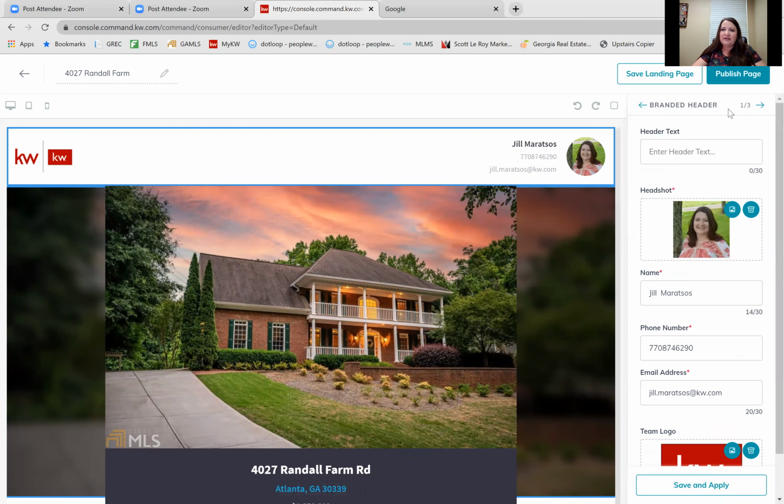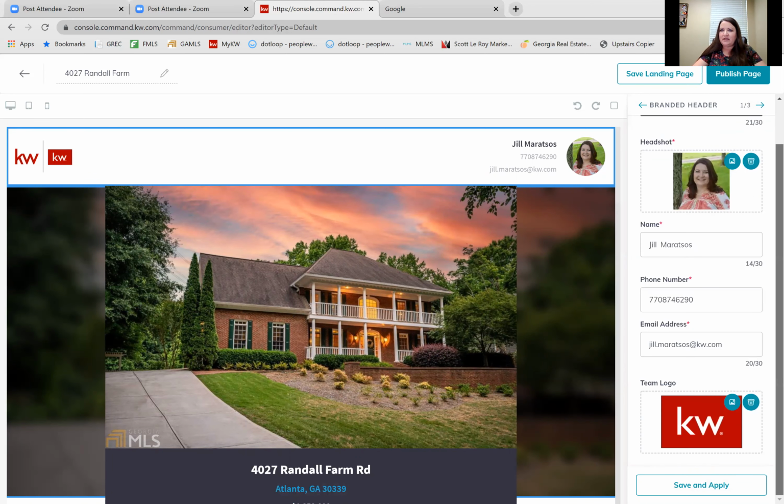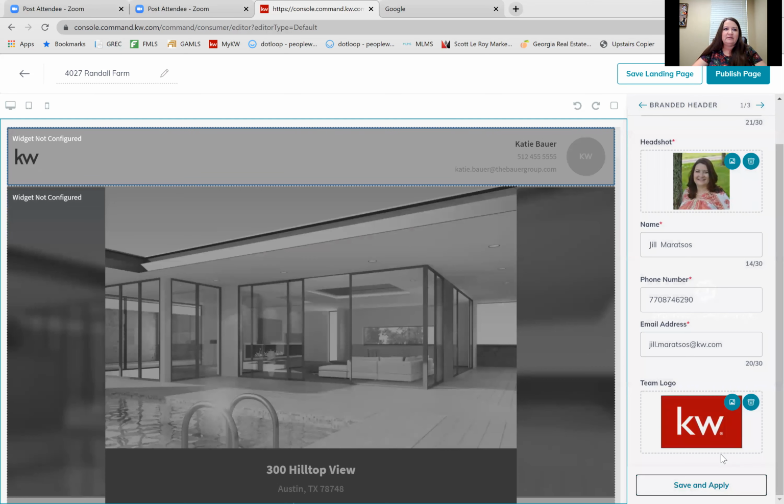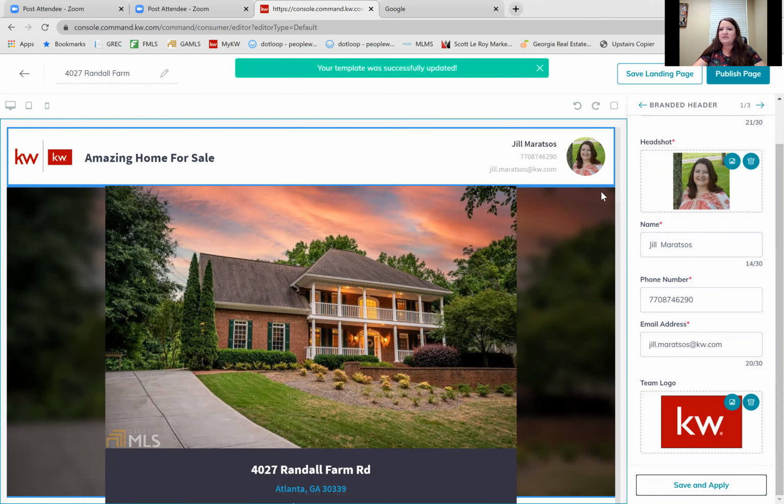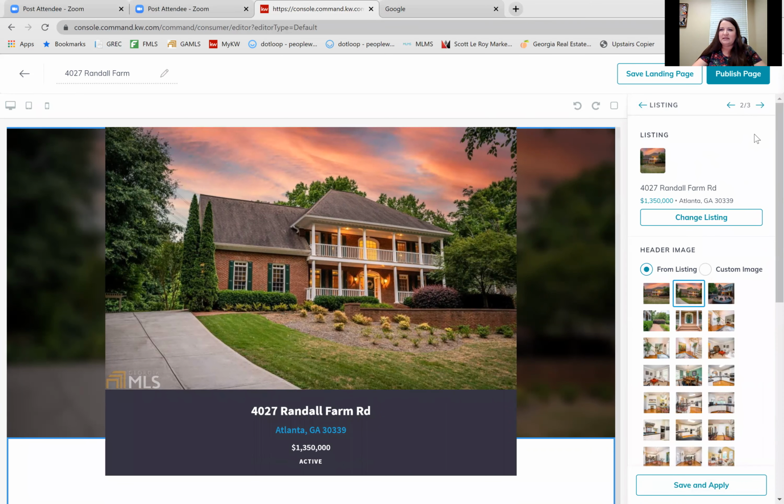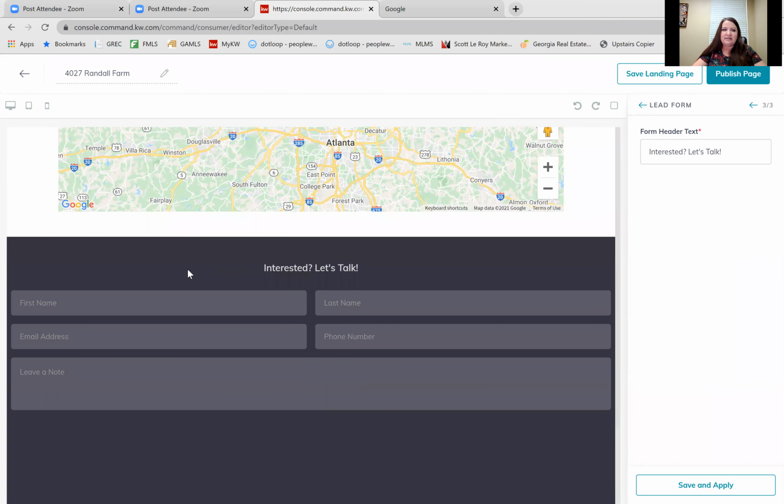And you can see here's my widget 1. And actually I can change the heading on this page. So let's go ahead and say for sale, or wait, let's name it amazing home for sale. You can name it whatever you want. And then this is all of your other stuff that you've got in here, right? I'm going to hit save and apply. And look, there it is, amazing home for sale. Then like I said, here's the listing. And then the third widget is our